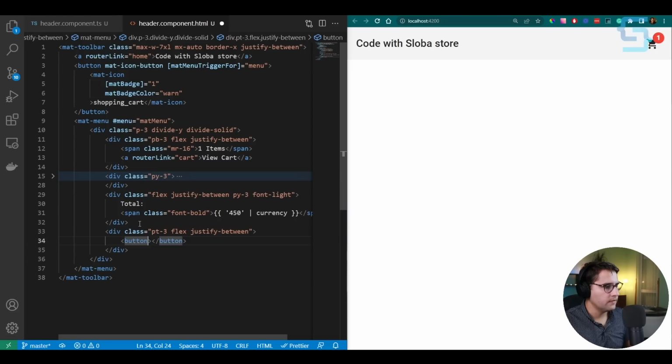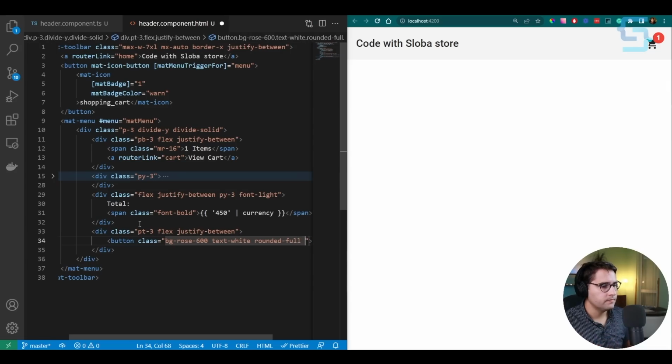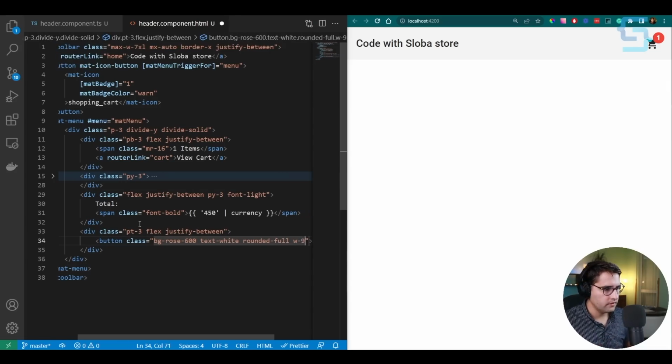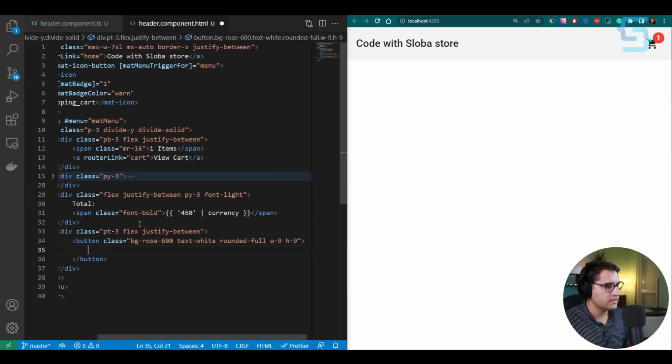So these are going to be the buttons that are going to hold the icons. So add a class bg-rose-600 for the first one. This is going to add the red color to our button. Text white, rounded full. This is going to make a circle out of our button. Set the width to be 9 and the height to be 9. Okay. And inside of our button, let's add our icon. Add icon, and the first one is going to be remove underscore shopping underscore cart. Okay. And if we save,